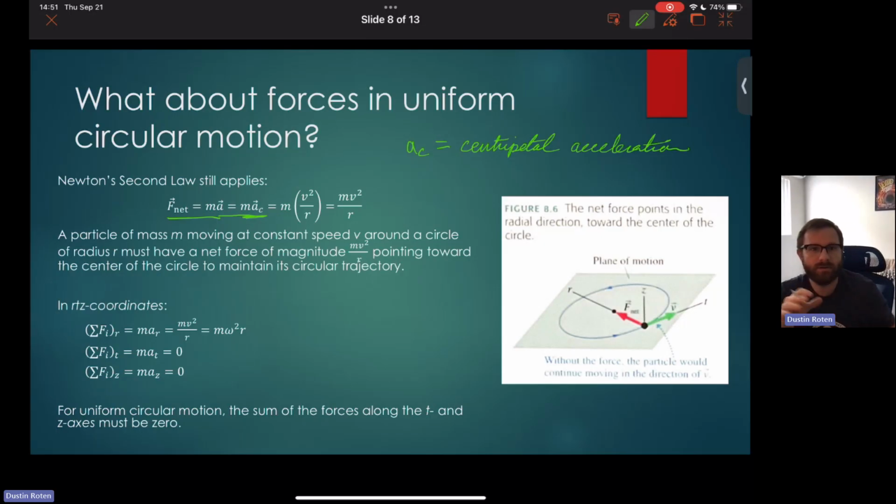Because this is uniform circular motion, around a circle of radius r, which means for this particle of mass m at speed v, the only thing